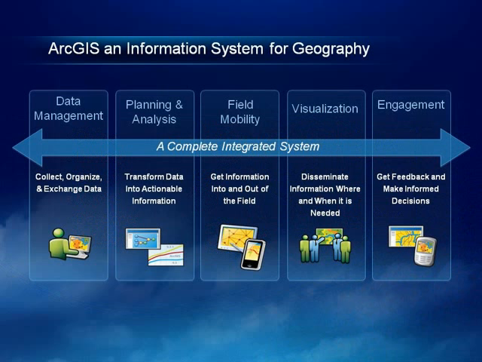So if you look at the differences between consumer mapping, again, I sort of flippantly referred to finding the nearest restaurant or whatever it might be, and professional mapping, what are the differences or what are the core capabilities that an Esri platform would offer that you wouldn't find in a consumer platform? And it's this total ecosystem of management of geographic information.